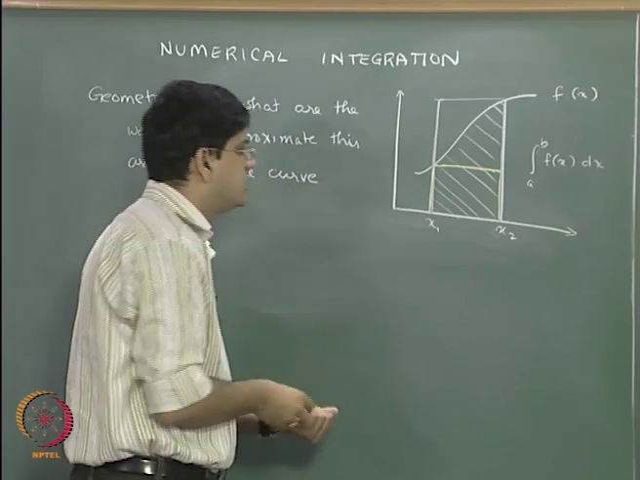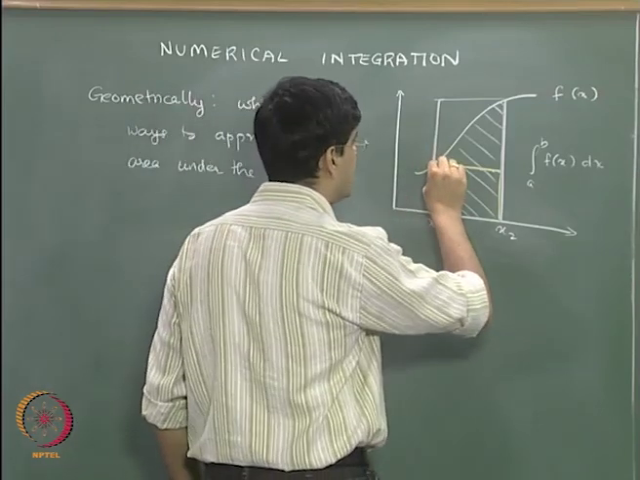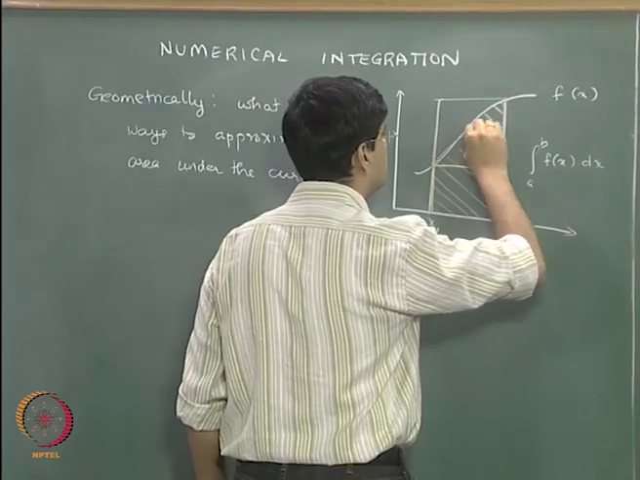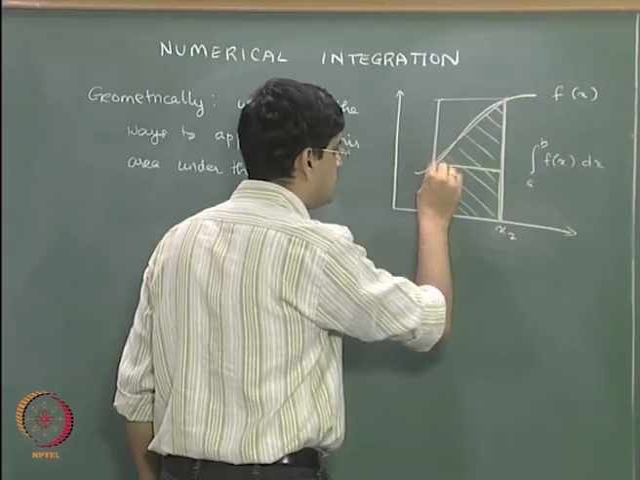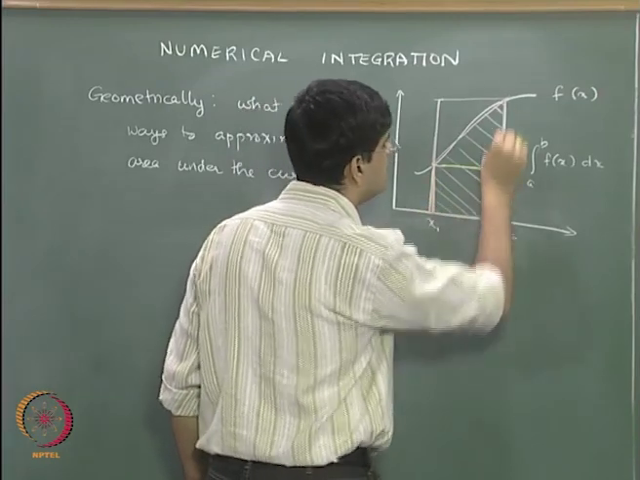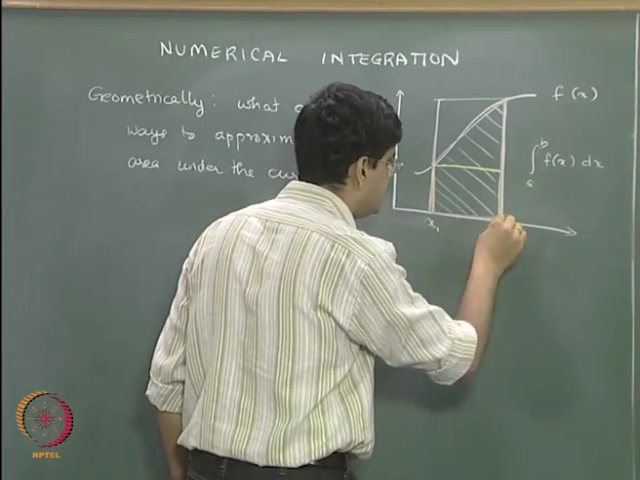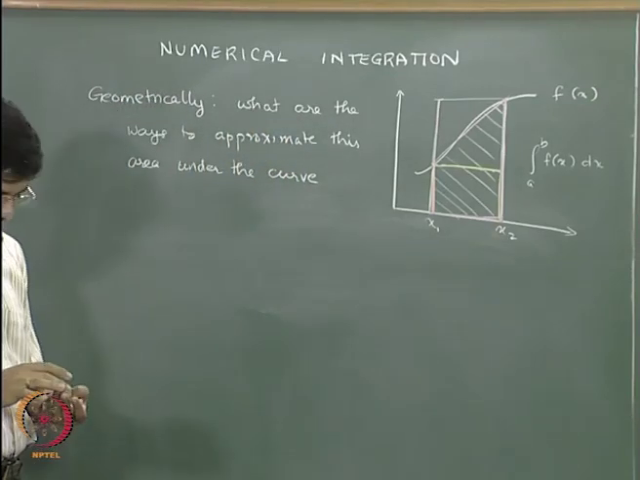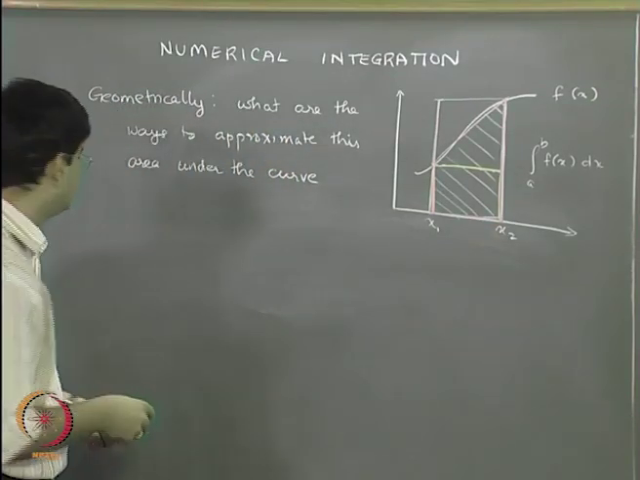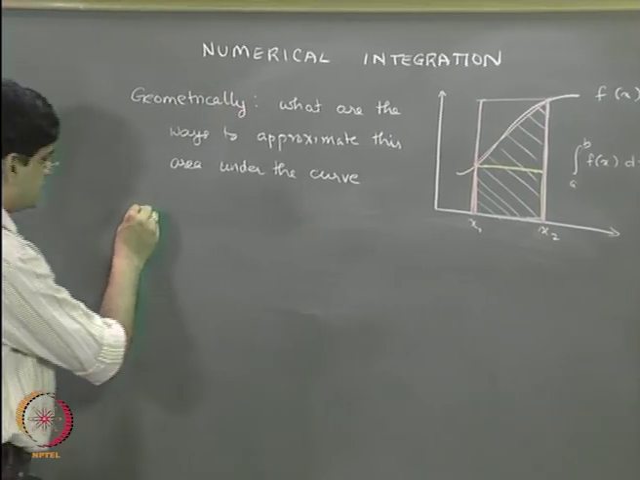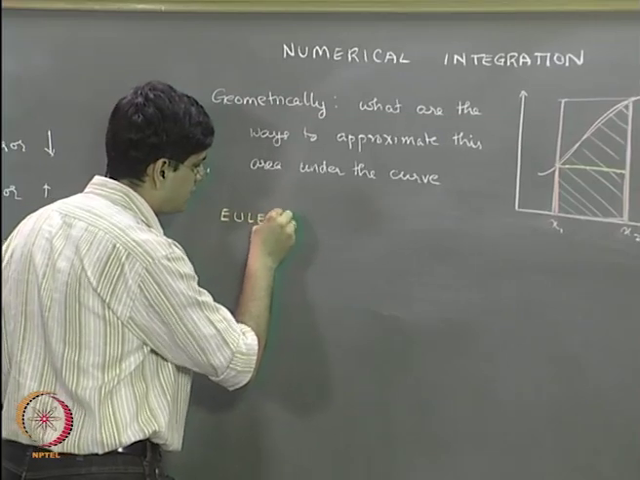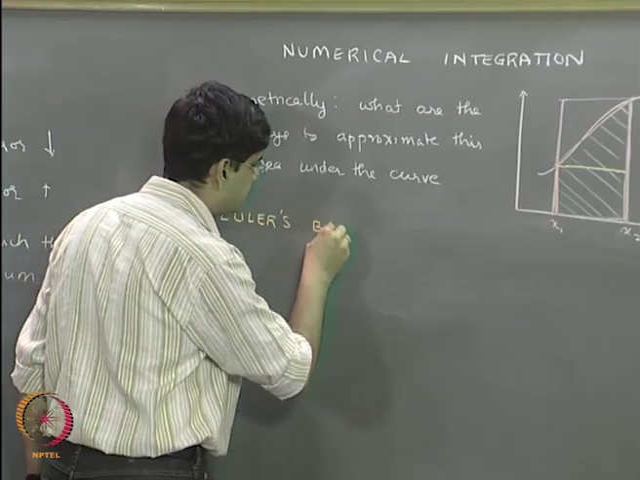okay, and the third area is you connect this point with a straight line, and the third is the area under the trapezoid. Okay. So based on this we have three different numerical approximations. The yellow numerical approximation is going to be Euler's backward method,